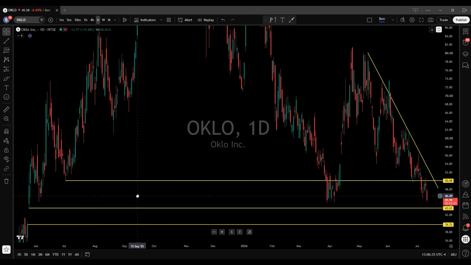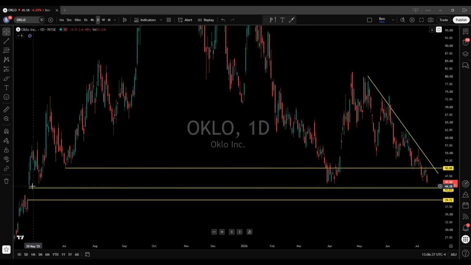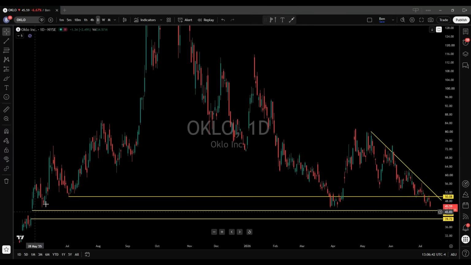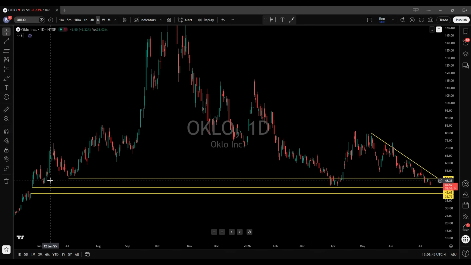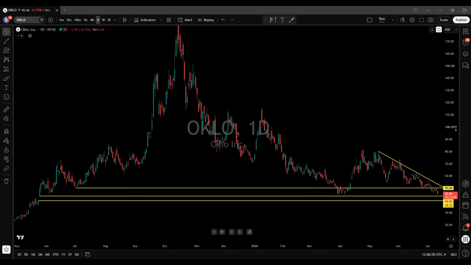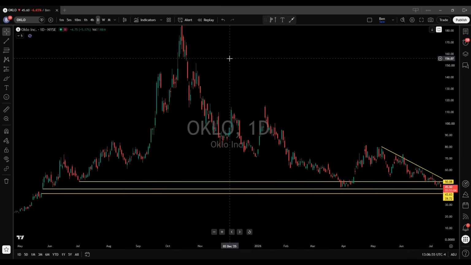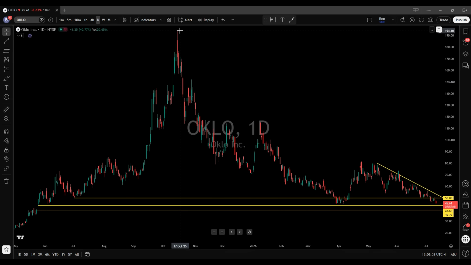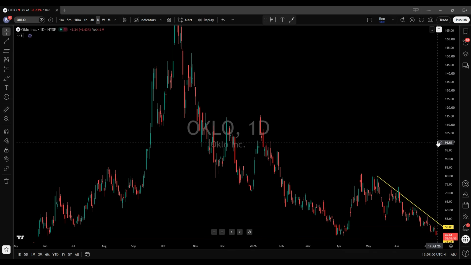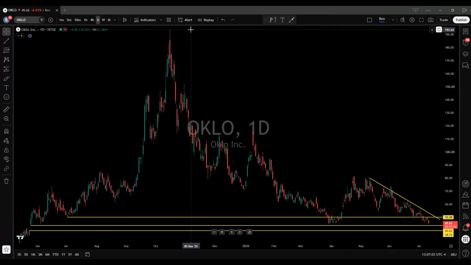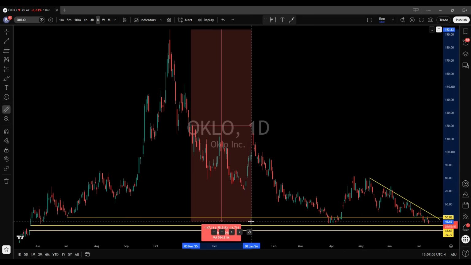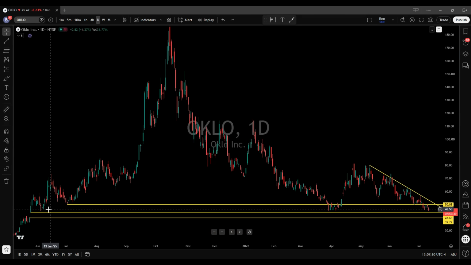Now, if we zoom out in the charts a little bit more, we can see this big pivot. And again, watch what happened with OKLO after it gapped up. The price went from $43.63 all the way up. It was over a 300% move to the upside. It finally topped out right here at $194 and is coming right back in. Talk about a haircut. This drop on OKLO, if it gets into this gap in the charts or this pivot low, we're looking at a 77%